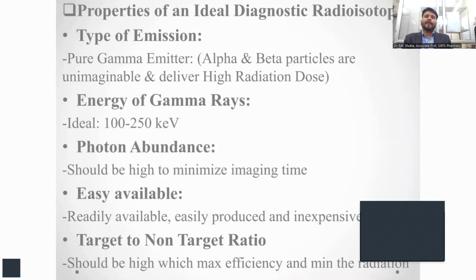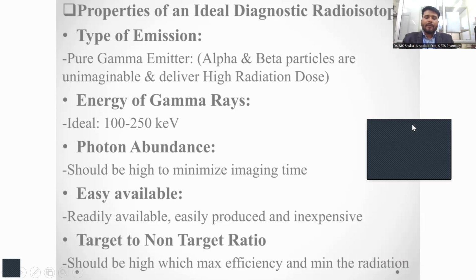What are the properties of an ideal diagnostic radioisotope? Types of emissions: pure gamma emitters, since alpha and beta particles are unimaging and deliver a high radiation dose. The energy of gamma rays should ideally be 100 to 250 keV, and photon abundance should be high to minimize the imaging time. They should be readily available, easily produced, and